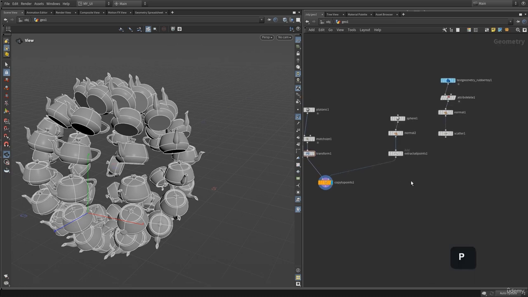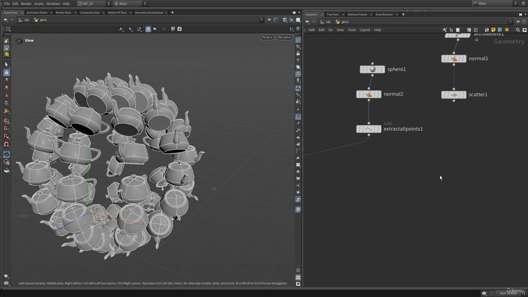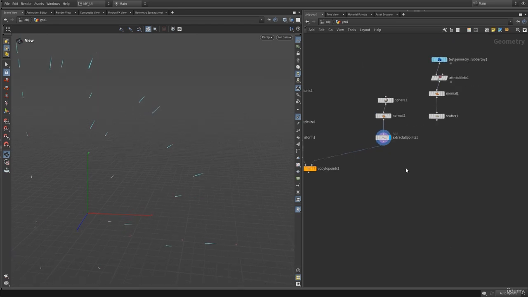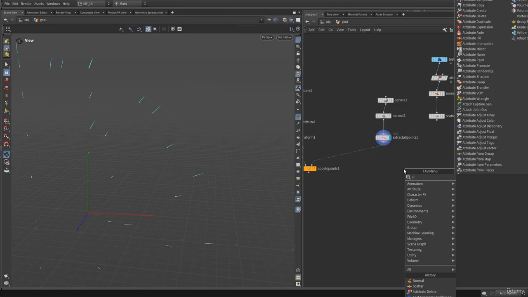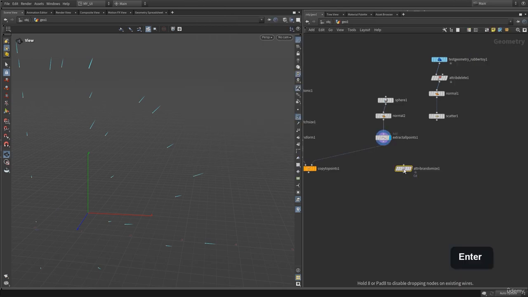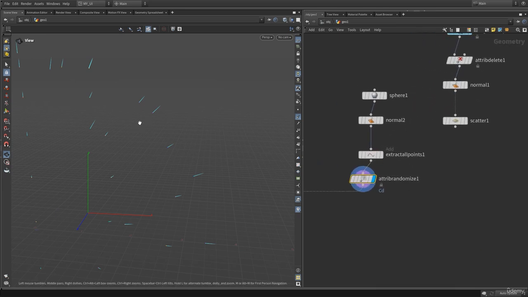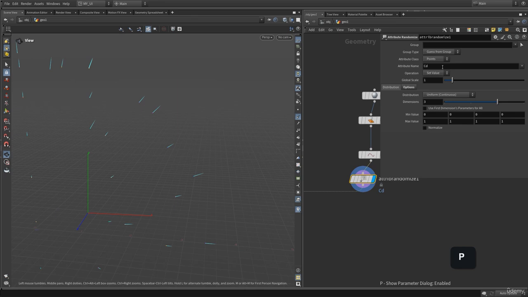One way we can do that is by adding a node that adjusts these normals, because we know that these normals are responsible for our alignment. We can do so by adding, let's say, an attribute randomize node. If I add an attribute randomize and connect it after that, as you know, by default it will randomize the Cd, but this time I want to randomize these normals, the N. I only need to replace the attribute name, because we know that N is called the normal, so it